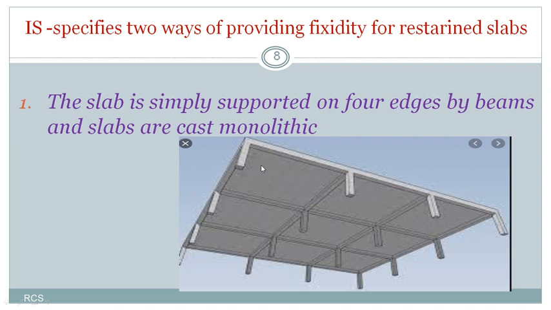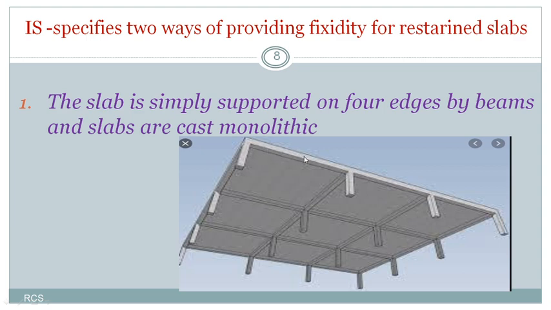So because of this monolithic construction, the corners of this slab... if here we have a corner, here we have a corner, and here we have a corner, and here we have a corner. If this slab is mounted over a simple wall, because of load application on this slab, the corners of this slab may lift up. But in this case, what are we doing? We are casting the slab and the beam at the same time. Because of that, the lifting of this corner or this corner is prevented by the weight of the beam.